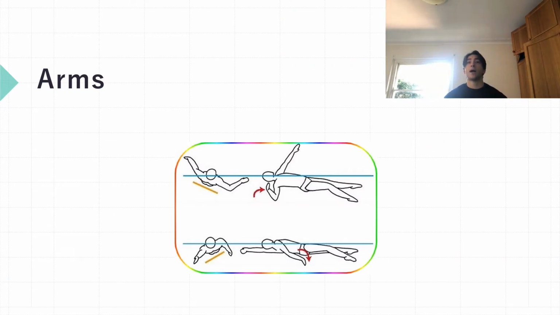There are 2 types of arm action techniques that can be used in backstroke. They are the bent arm pull and the straight arm pull. This presentation will explore both. For the bent arm pull, the little finger enters first, with the palm facing out and the arm remaining close